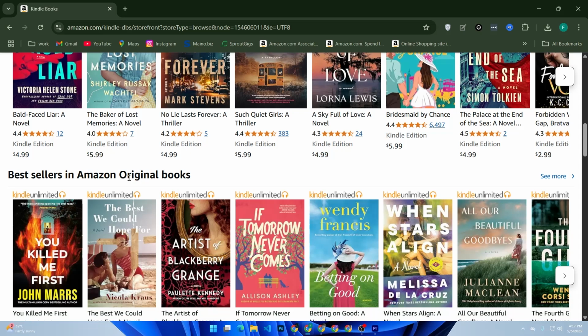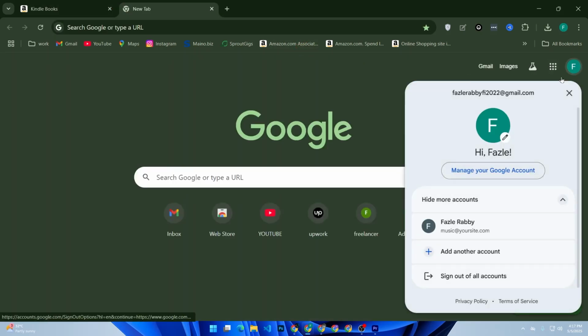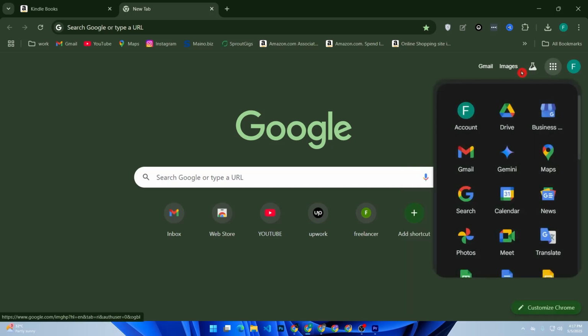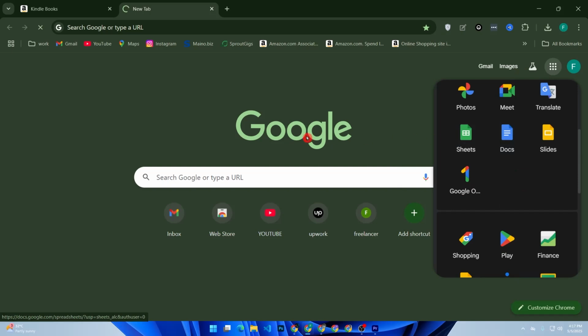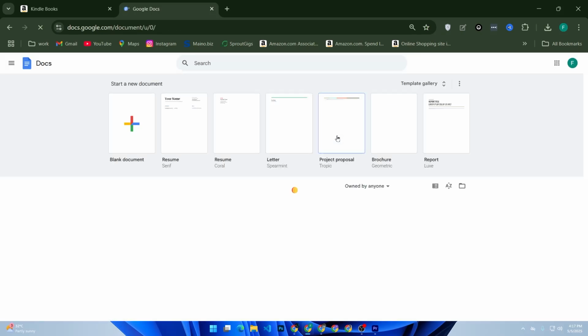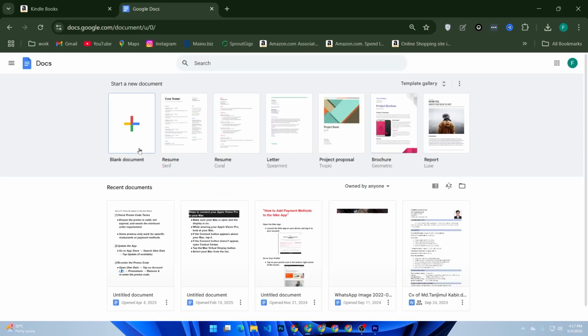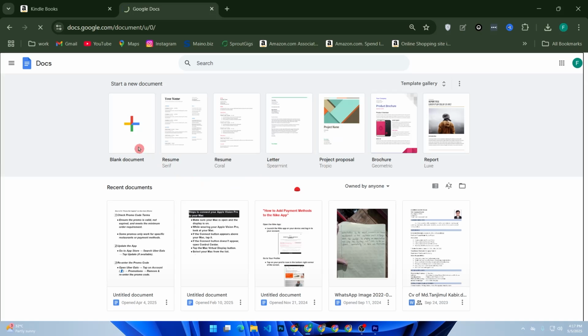Focus on solving a problem or entertaining your audience. You can write your ebook in Google Docs. Go to your app section, then search for Google Docs, then click blank document,